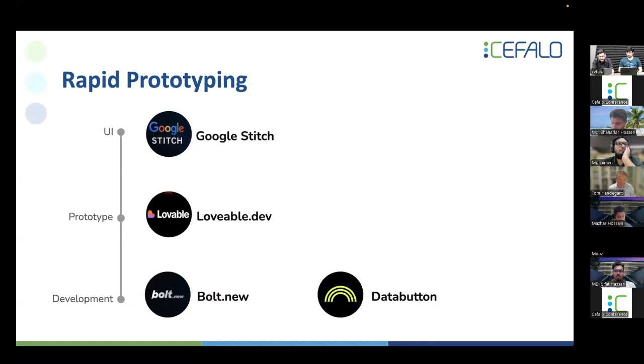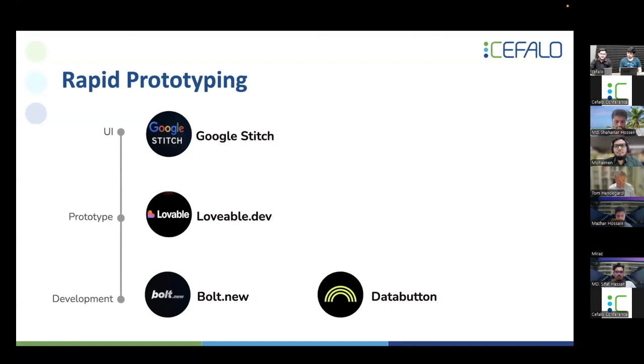stacks. Like in Databutton, we were trying to select a tech stack like Django for the backend, but it's not possible. They are limited to FastAPI, and Bolt is the same thing. And for front-end frameworks, we are limited to their frameworks. Another problem is if we want multiple developers to collaborate on projects, it's very challenging to maintain on these platforms. So we finally moved into